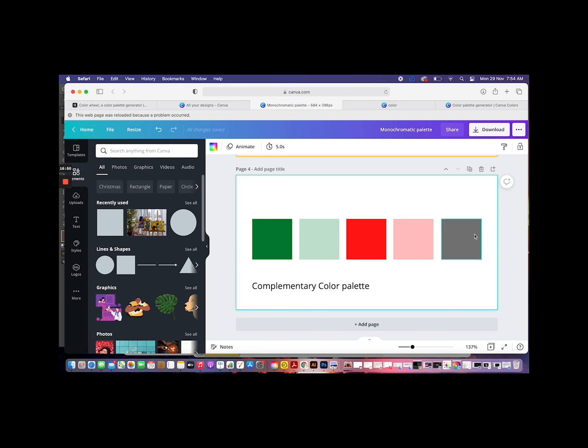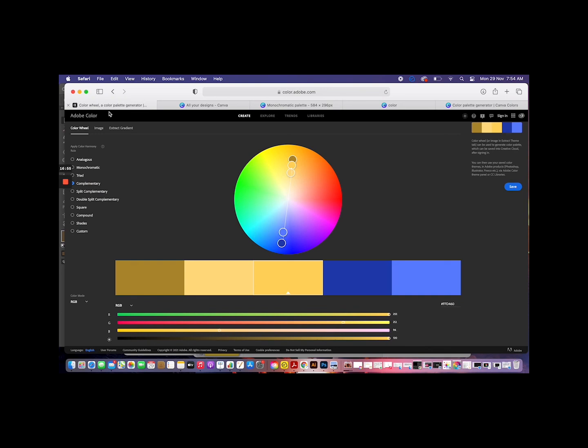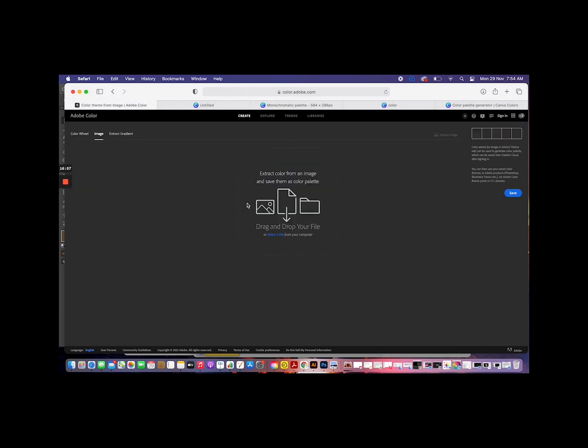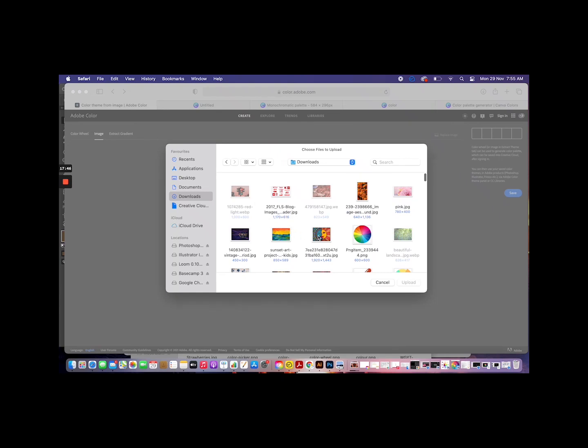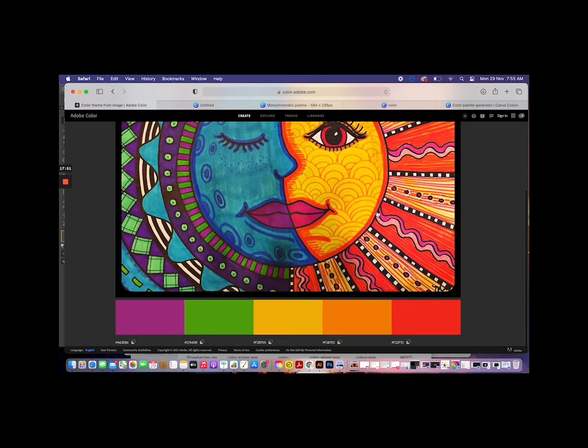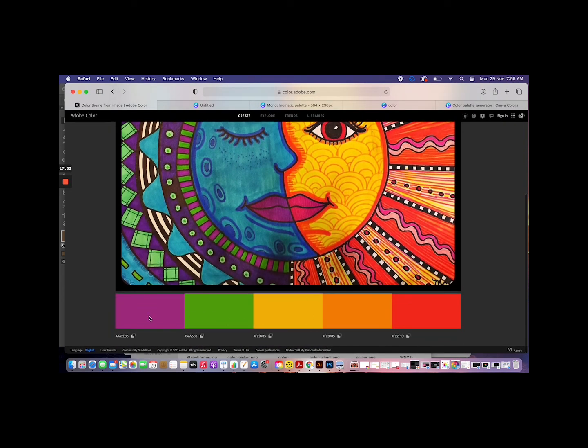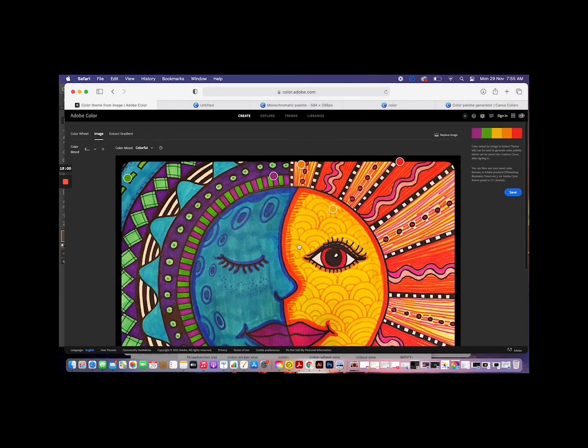Now the important thing for you to understand is to remember how color palettes are basically used. Now let us see if we want to do it with an image. So what we can do is basically drag and drop any image. So let us say I take this image. Now when I upload it, you can see that it automatically picks out the main colors in this image, and it is also giving me the hex codes of the colors that it finds. So this is how I can find different kinds of color modes.